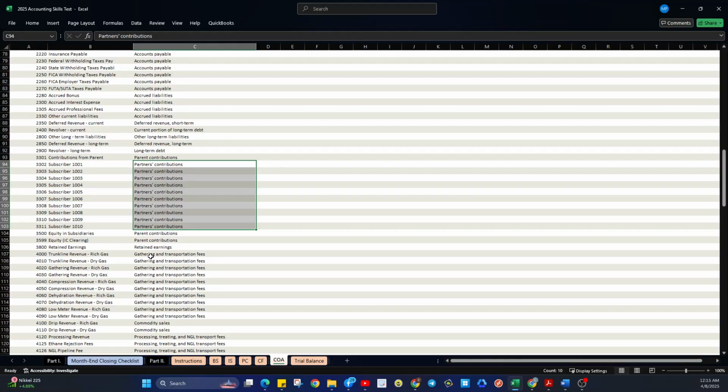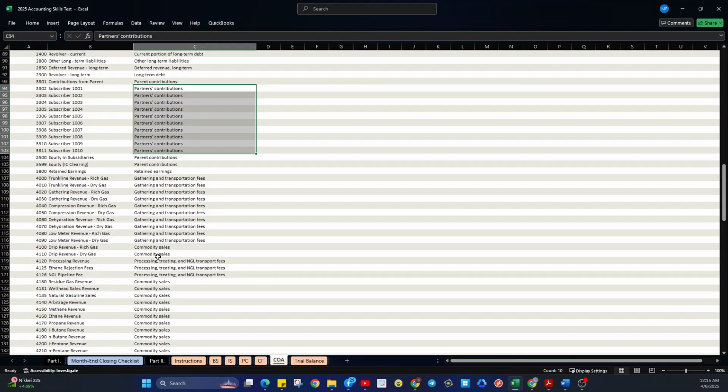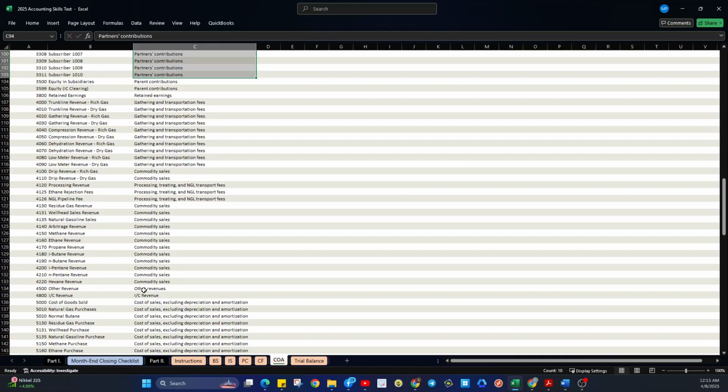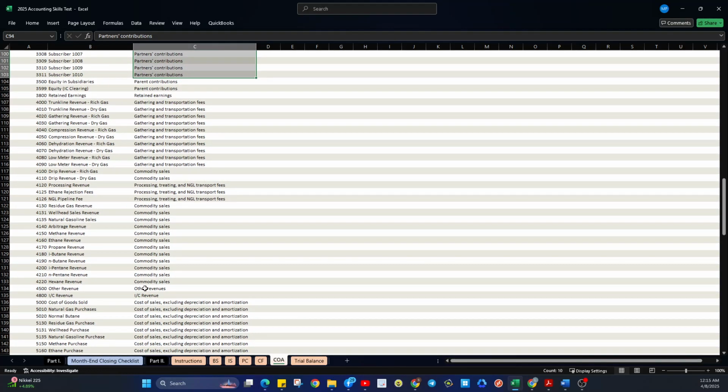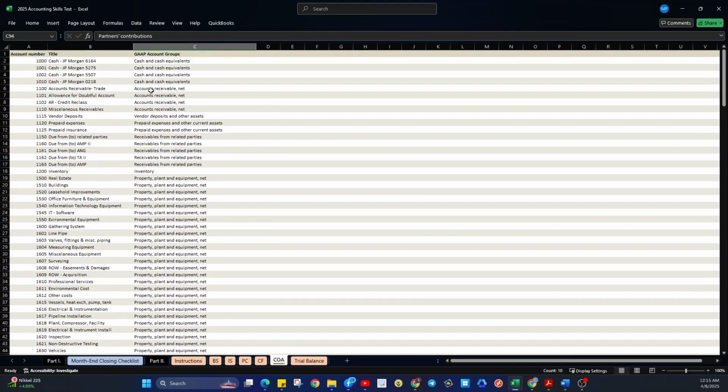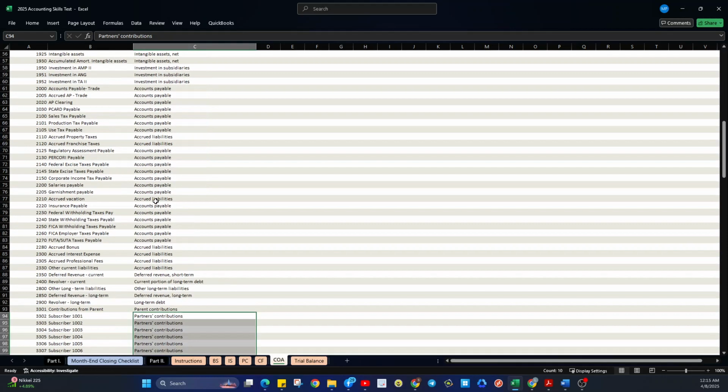Retained earnings, this one, 4,000, this is the start of revenue. And then followed by other listing revenues, commodity sales, processing, treating, NGL transport fees, another commodity sales. So these high-level account titles were used based on, I think, the GAAP account grouping.